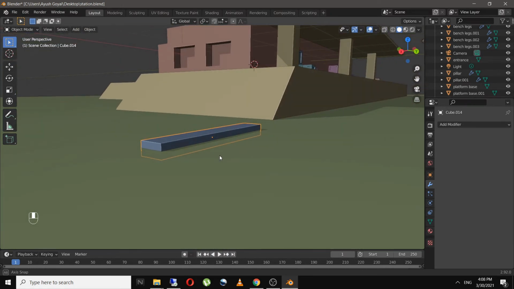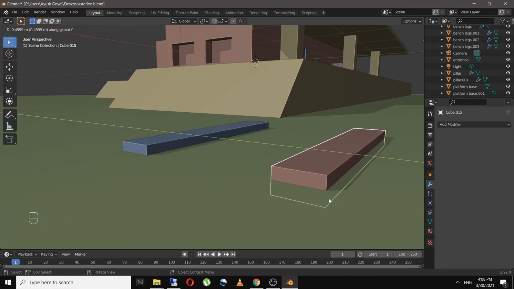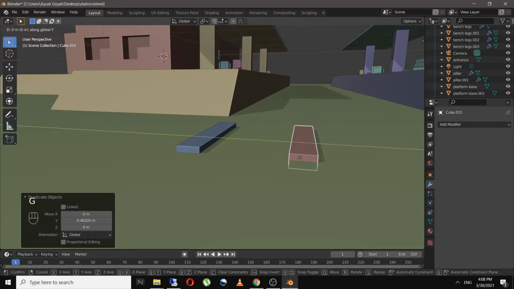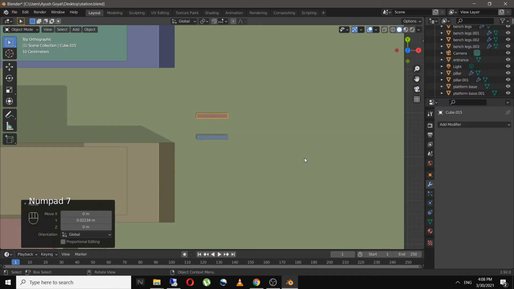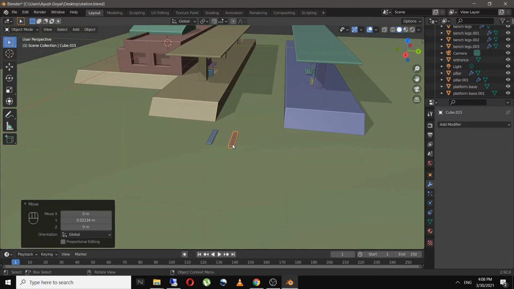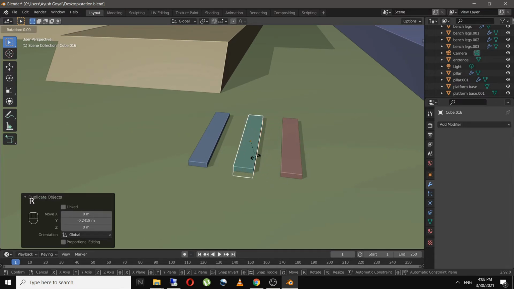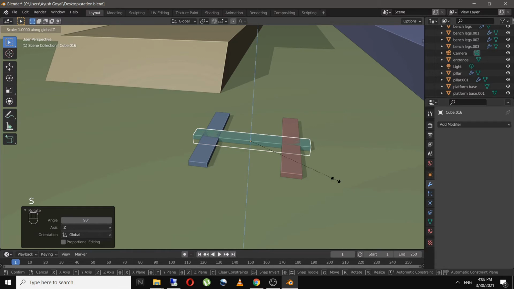And then I will duplicate this on the Y axis over here. And duplicate this again and rotate it on the Z axis by 90 degrees. Scale it on the Y axis.